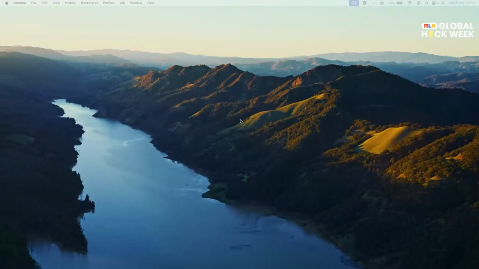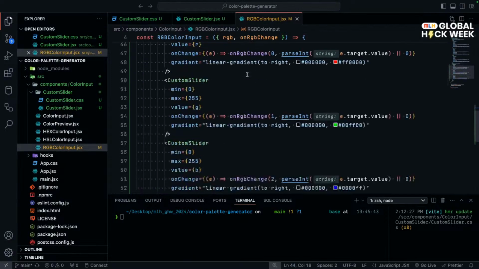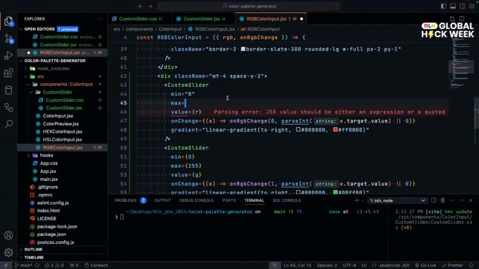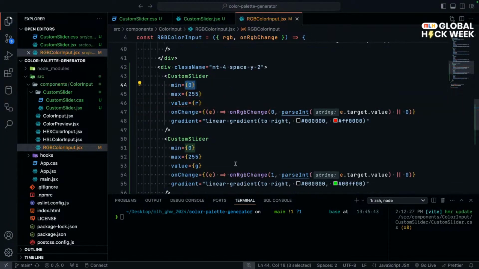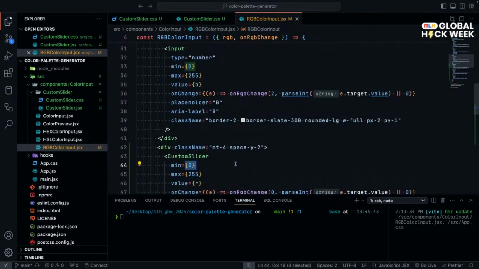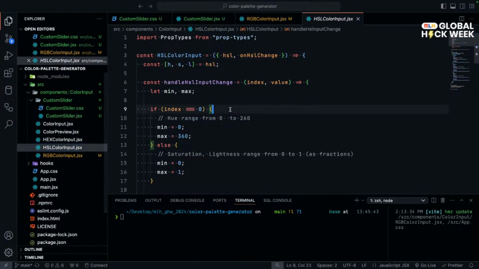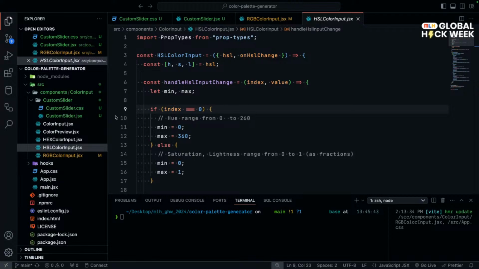Oops, sorry. Okay, and we have used it in this one. I will change this back to numbers just for consistency purposes, as seen below. And what else? Oh, we also have to use this in HSL, right? Now, HSL is going to be tricky. Let's see if it works out properly. So HSL input,